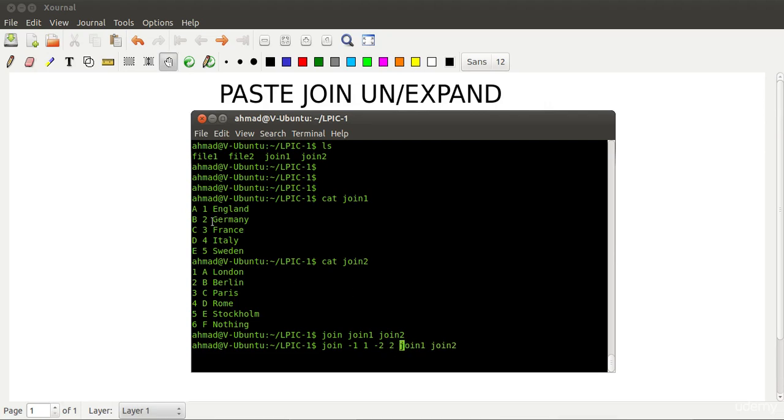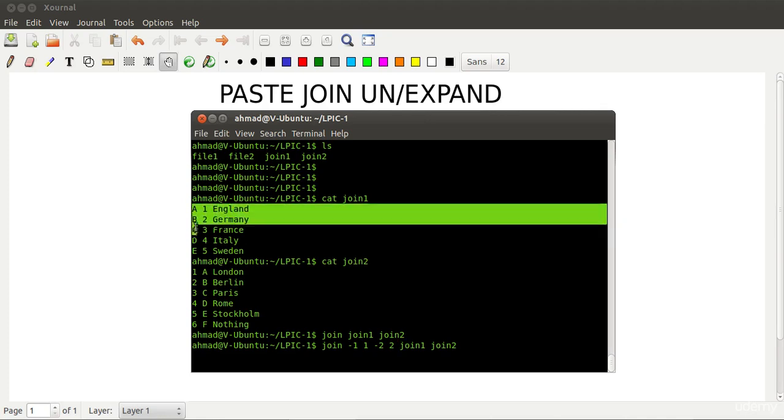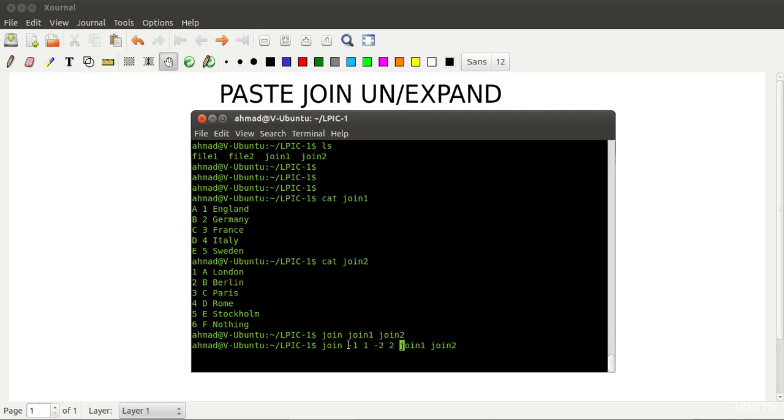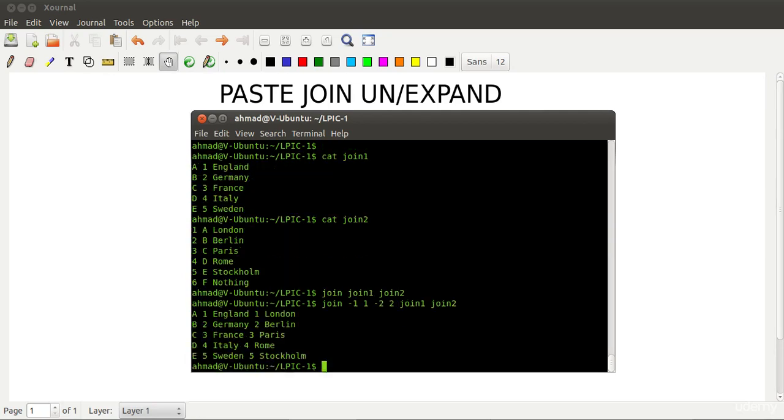My idea is that I want to join the two files based on these letters A, B, C, D, E, which I have defined here with these switches. Now if I press enter, we see that this join command has indeed joined the two files